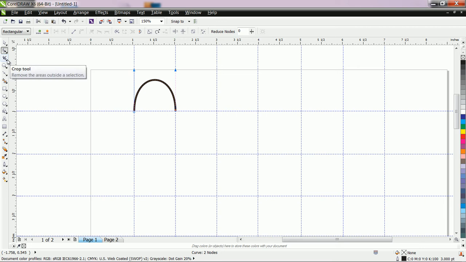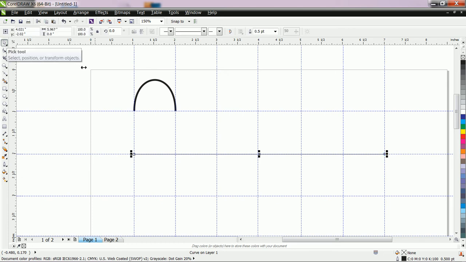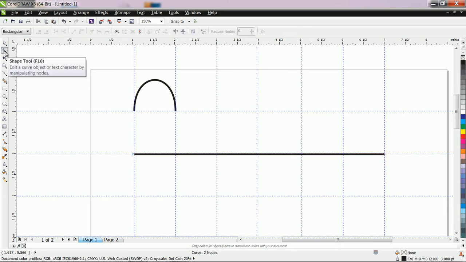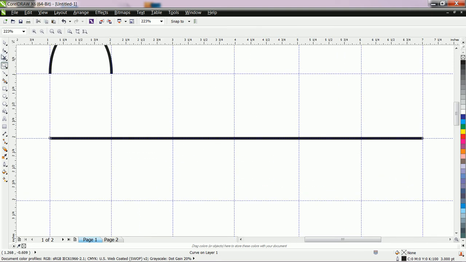Then how to create multiple curves? For that purpose, simply go to Bezier, click on the first intersection point and the last intersection point. After that, immediately click on pick tool, then increase the width, use shape tool, and let us first zoom this line. Use shape tool, and at the right insertion point, double click. It means you have to add a node right here. Click here for adding nodes.